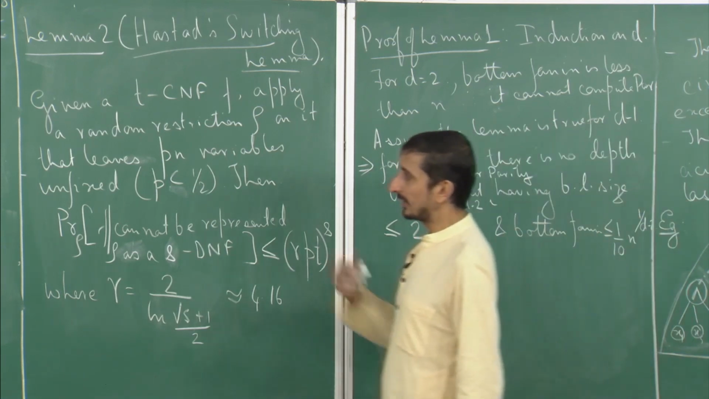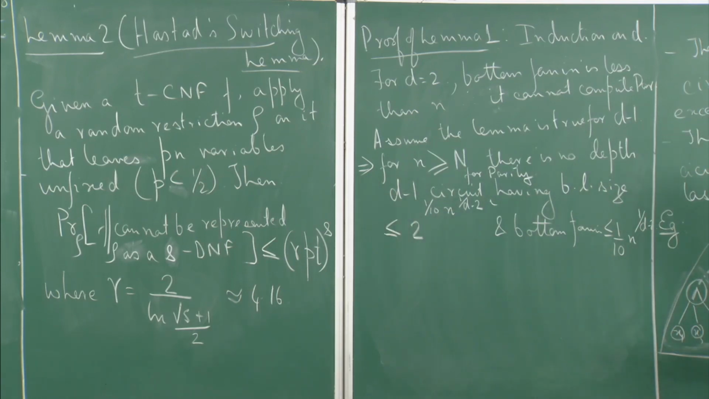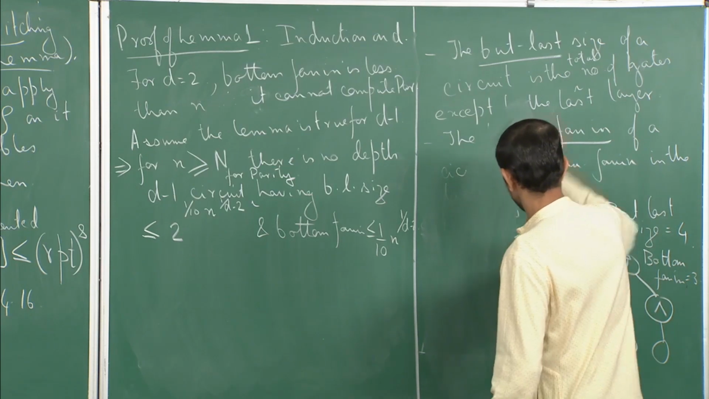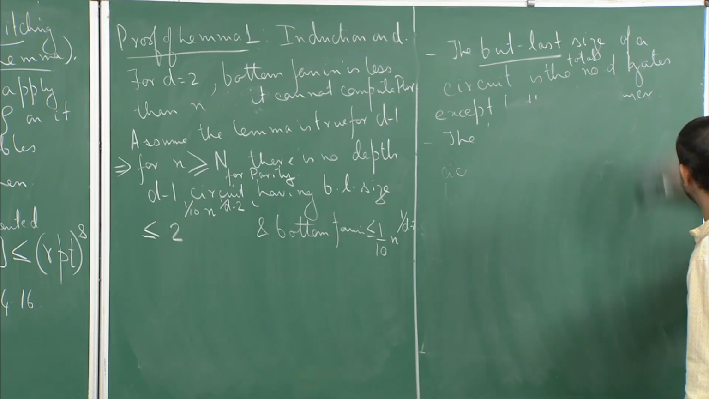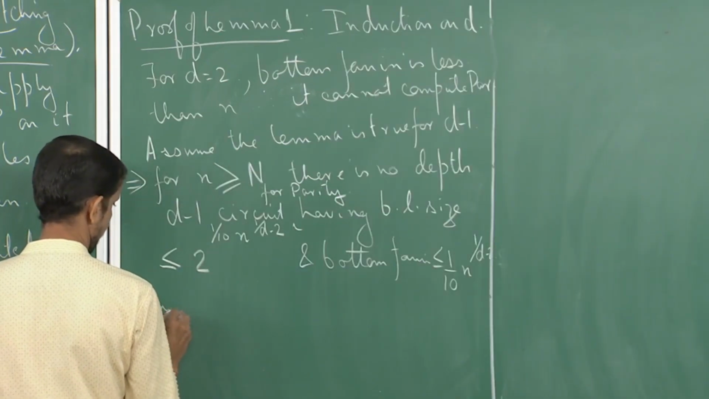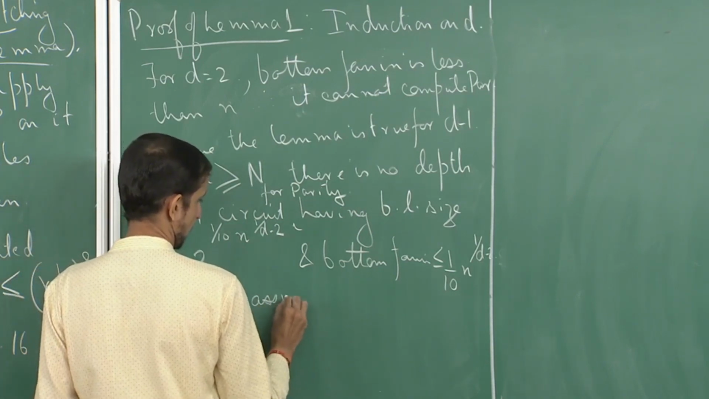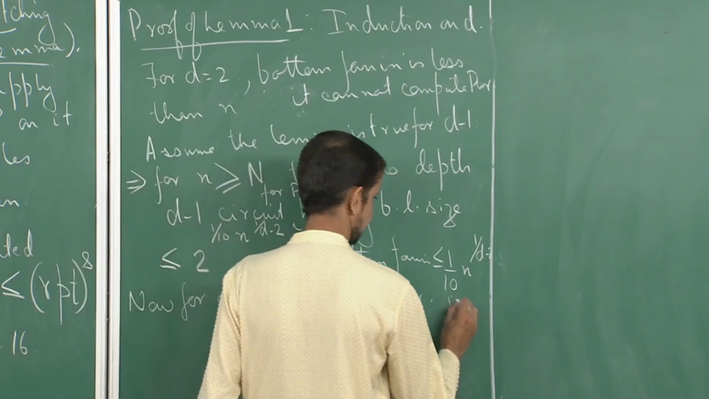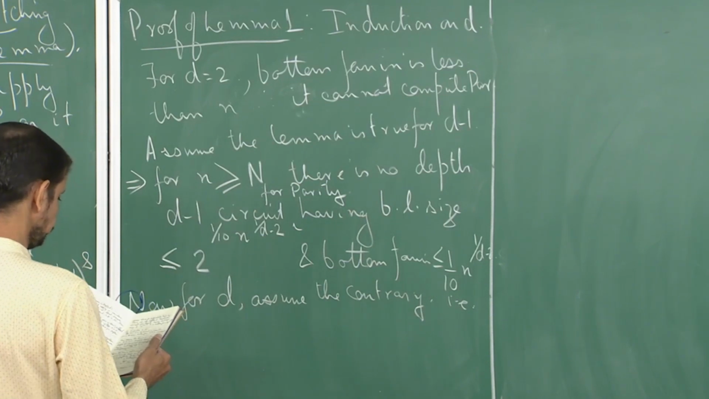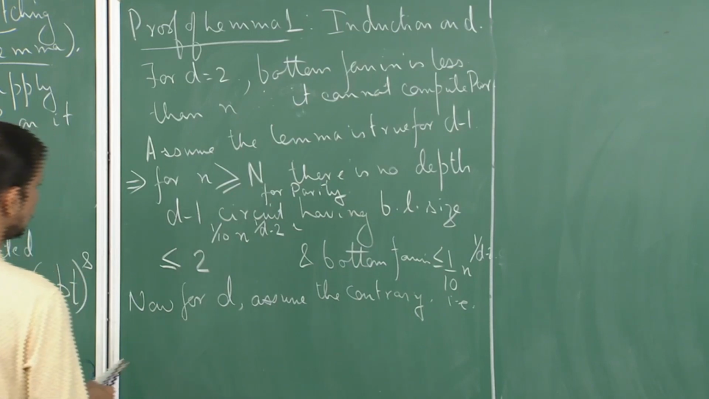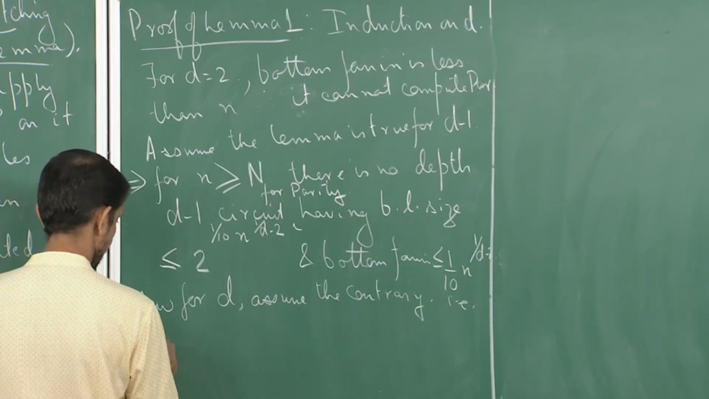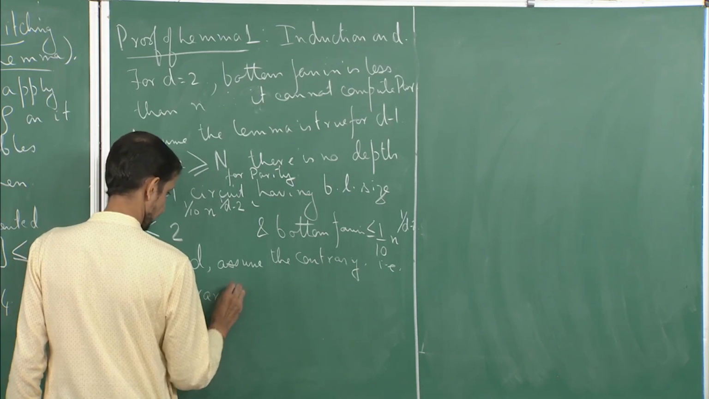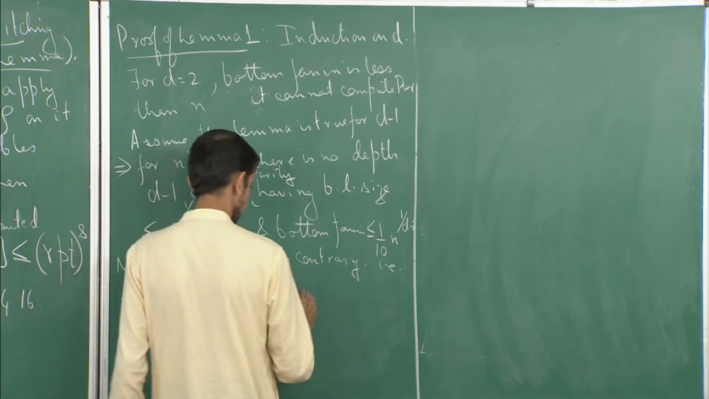Now, let us look at what happens for D. Now, for the sake of contradiction, we will assume the negation of this, that is, there exists a circuit for depth D. Now, for D, assume the contrary, okay, that is, suppose the lemma is not true for D, okay, that is for arbitrarily large n,